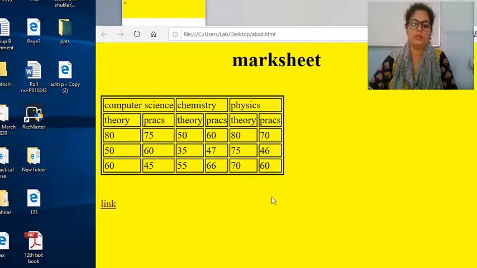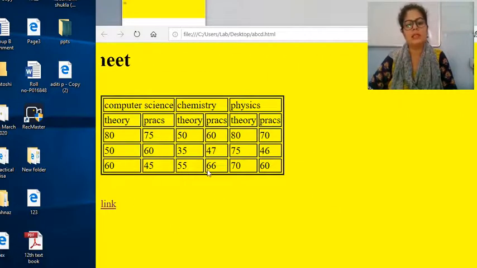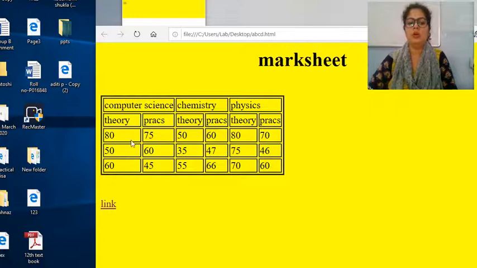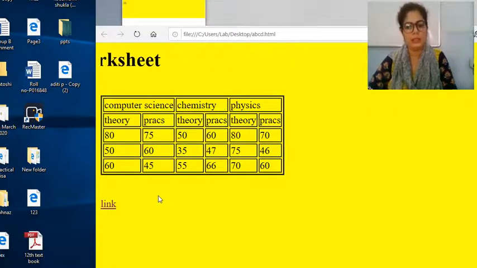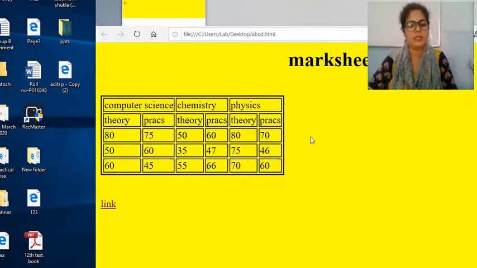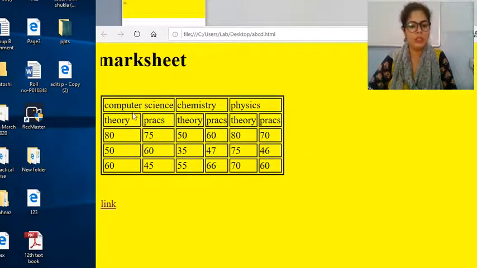The simplest way to create this type of table is this: there are 6 cells in every row other than the first row, where there are only 3 cells. So we can create a table with 6 TD cells, and we can merge these 2 columns.